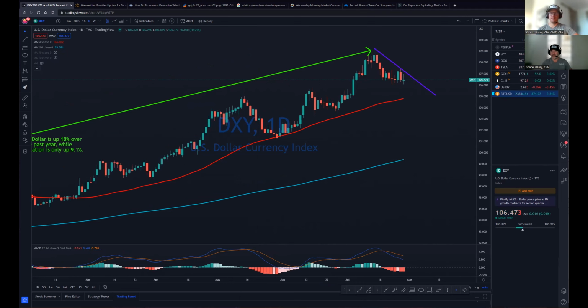Rates are still probably going to go higher. Inflation's still going to stay extremely high based on any historical standard. But because the pace of the rate hikes may be slowing, people are looking at that as